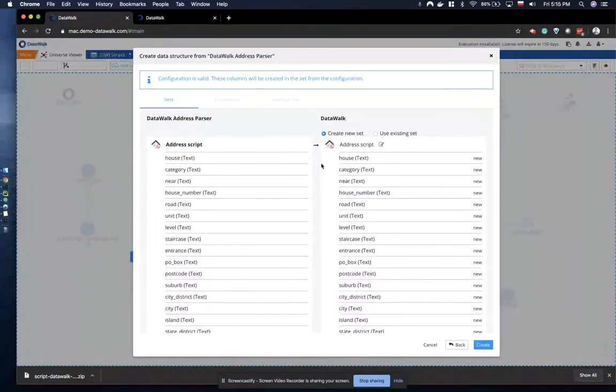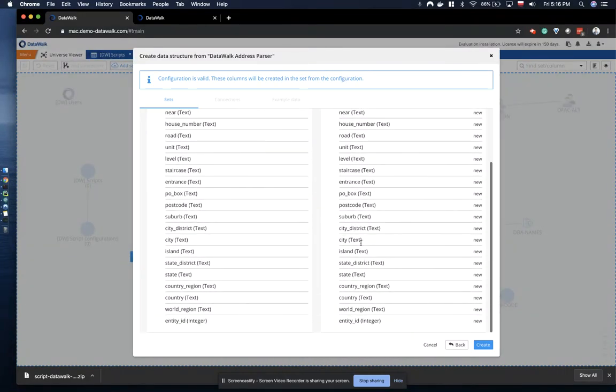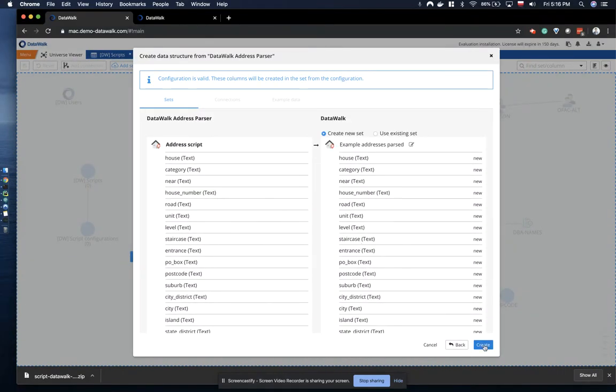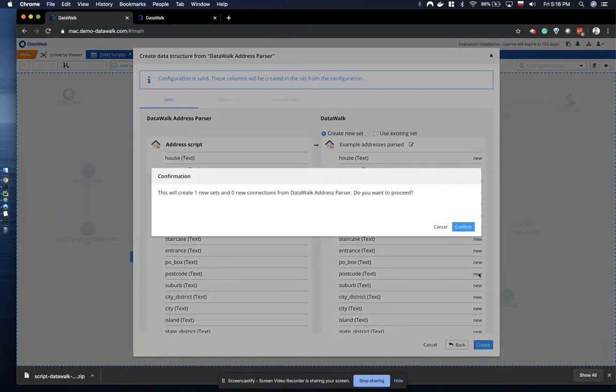So the first example will store that data into a new set. In this situation, the new set will be called example addresses parsed. Those columns will be created. So if I hit the create button,